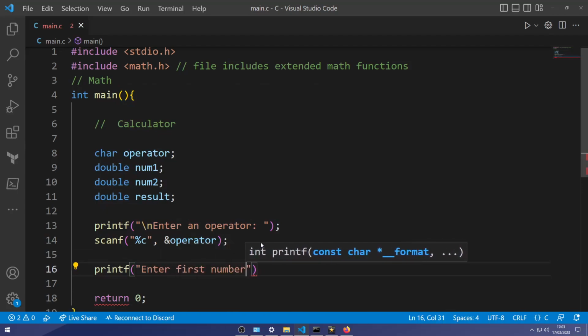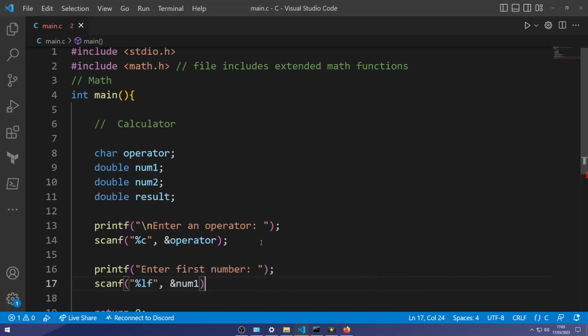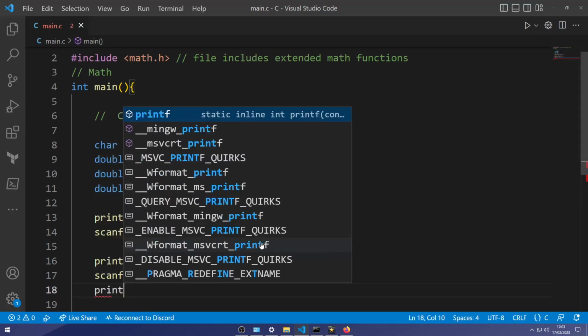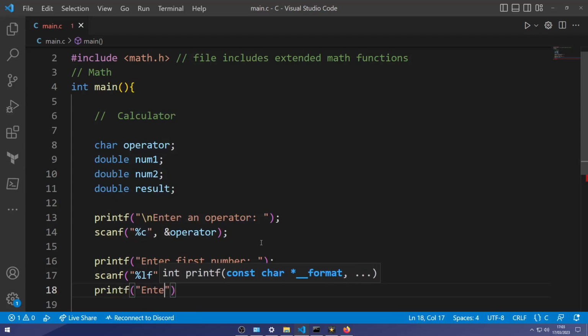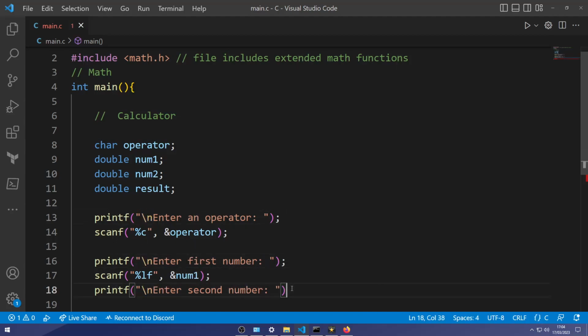Then we're going to enter the first number, which we're going to assign to number 1, which is a double type. We're going to enter second number.